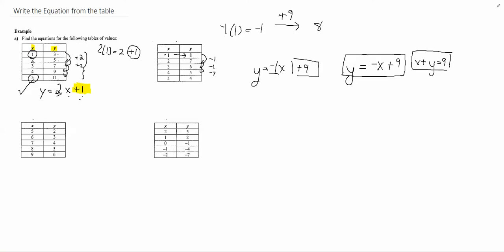Okay, I'll do one more example, and I think let's look at this one. We have here from 5 to 3, 5 to 2, I'm subtracting 3. And from 2 to -1, again, I'm subtracting 3. Same thing. So I have y is equal to -3x plus or minus some amount. So if I take 2 here, multiply it by -3, that needs to produce 5. So here's the 5. I put 2 in, I get 5 out. So I take 2 times -3,